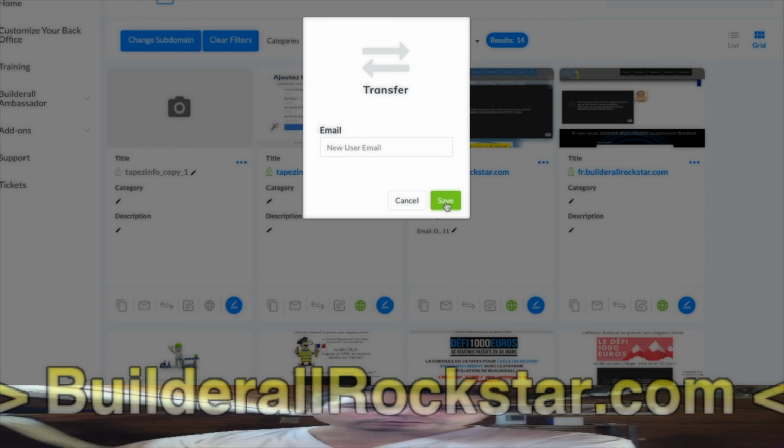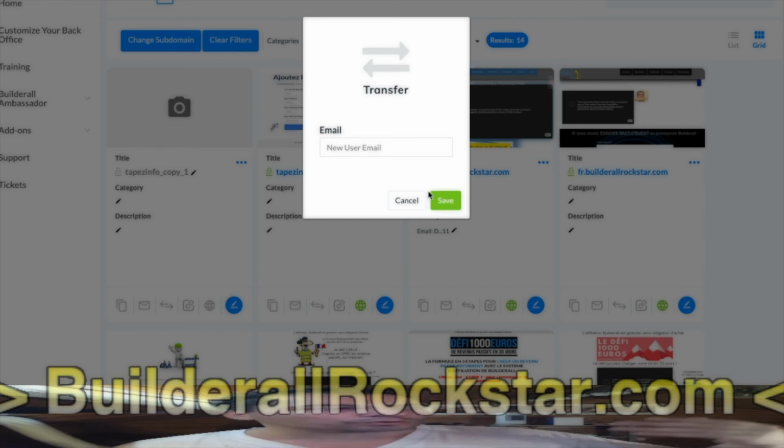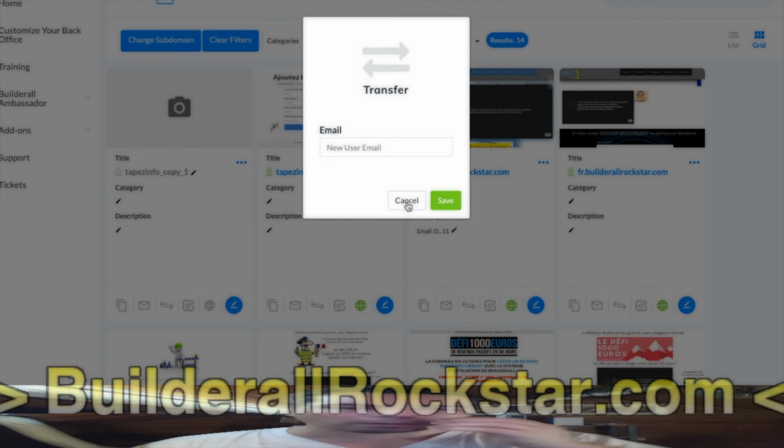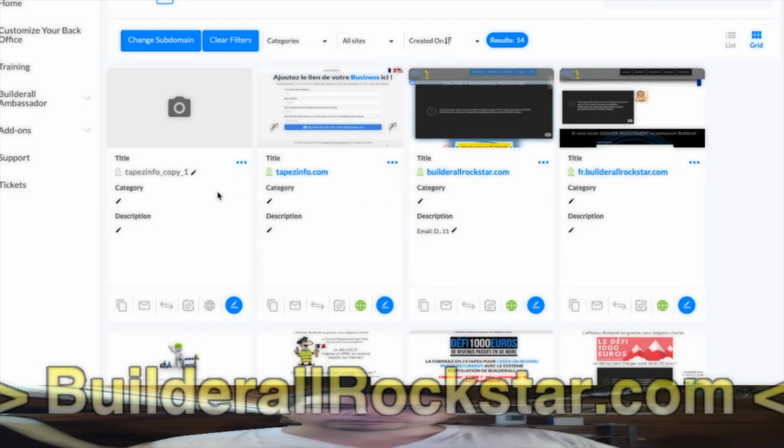It moves the website to the other account. So you see, the transfer, if you want to use it, you have to know the person. This person needs to have already built their account. It's not automatic. You have to do it manually, and you lose the website that you transfer. So if you want to do it, it will be more case by case.